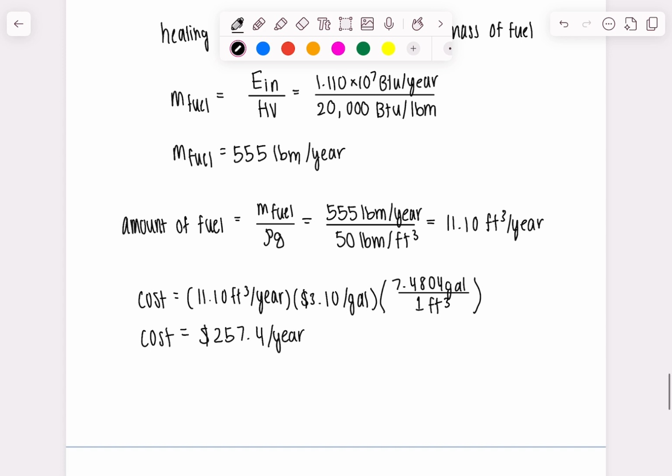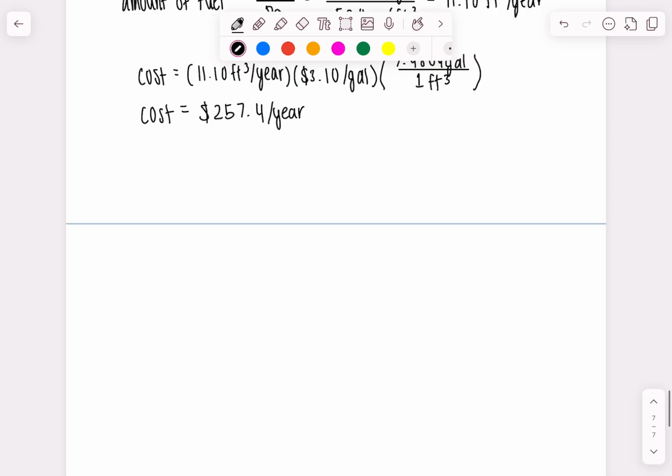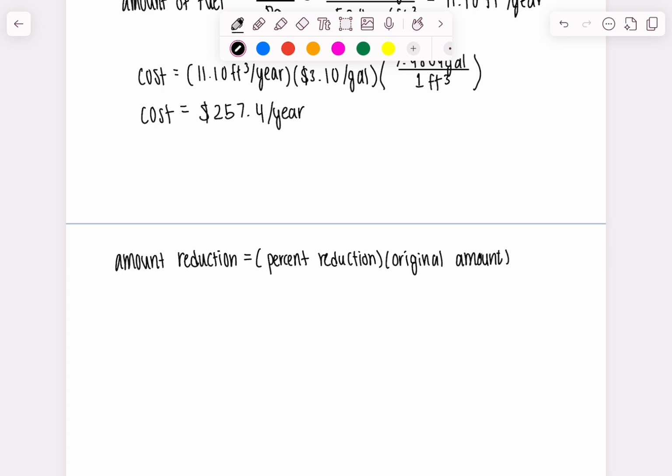Okay, so now finally we can take our percent reduction that we found in the beginning and we can multiply it by our original amount and cost to get our amount reduction and cost reduction. Okay, so our amount reduction is just going to be equal to our percent reduction times our original amount. And that's going to equal 0.1667